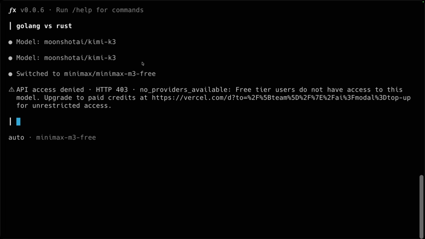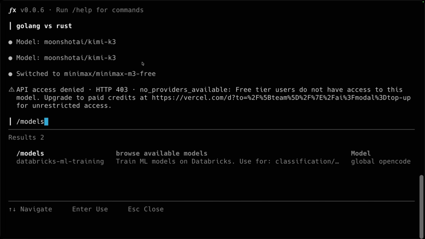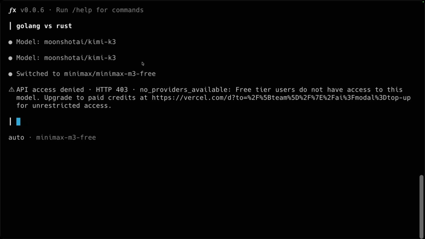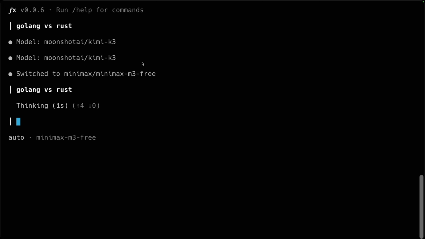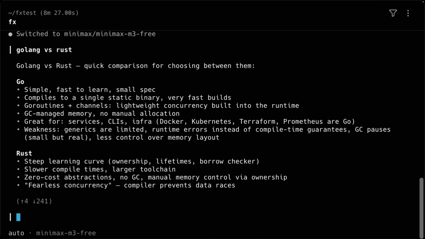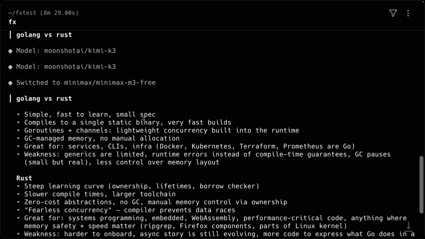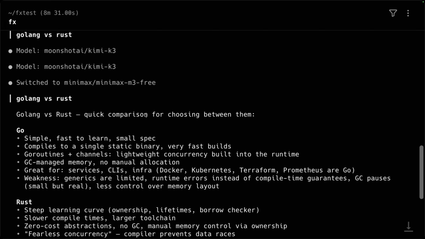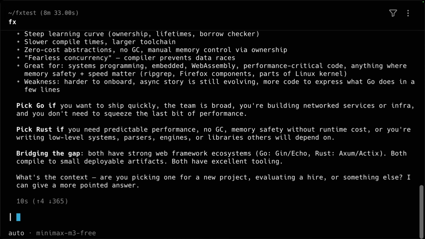Let's see if we could use this one for free. So here I'm just gonna try the Golang versus Rust. So let's see if this one will actually work for free. So we're just gonna test it out. So it's working. That means, you see, you could actually use some of the free models here and actually enjoy